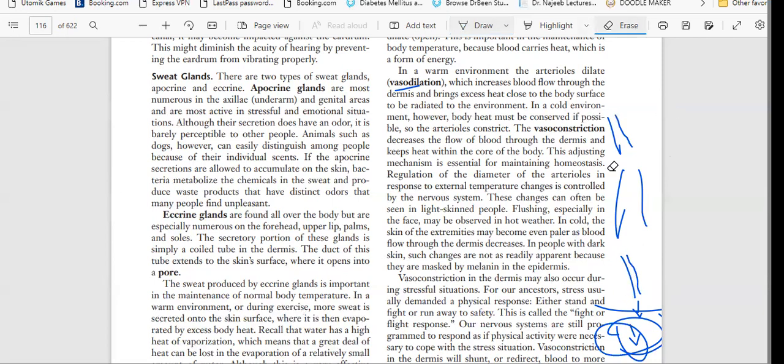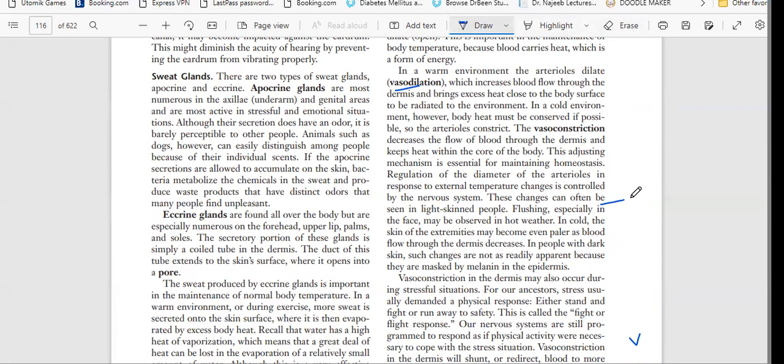Okay, you have to remember that less blood flow to the dermis, because in the winter season mostly our body needs hot temperature. So that's the reason the body doesn't release its heat from the body. Okay, this thing we have to remember. Because of to maintain homeostasis. This condition is known as homeostasis. Okay. So these things are controlled. Which organ controls them? These things are controlled by the nervous